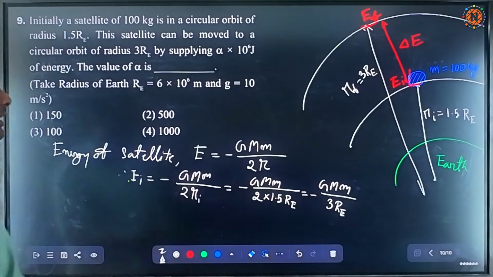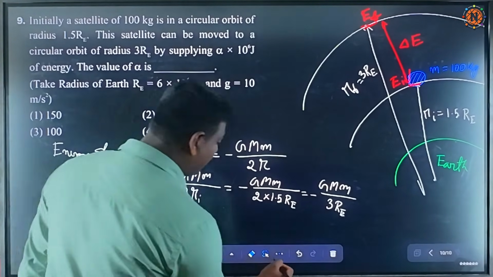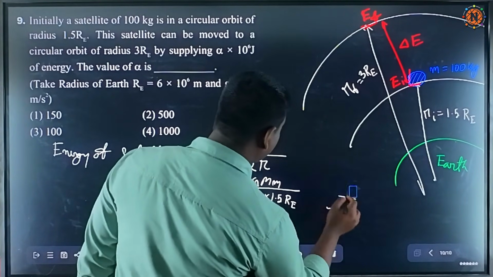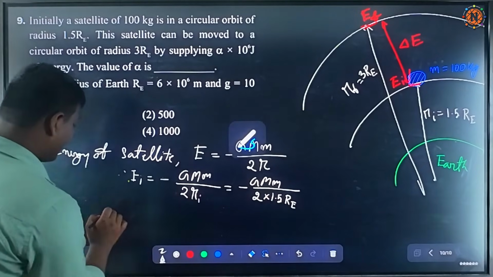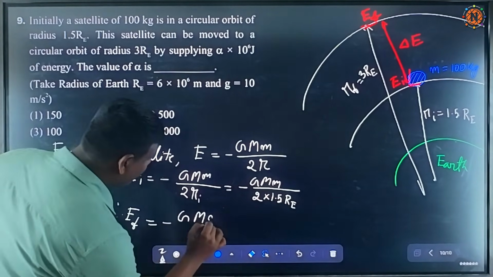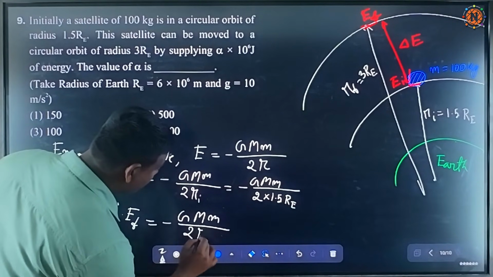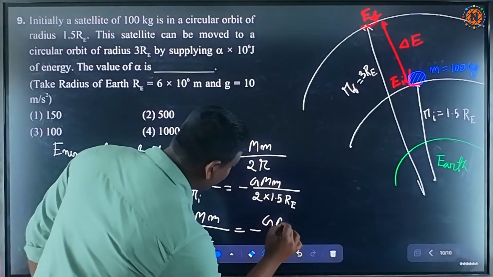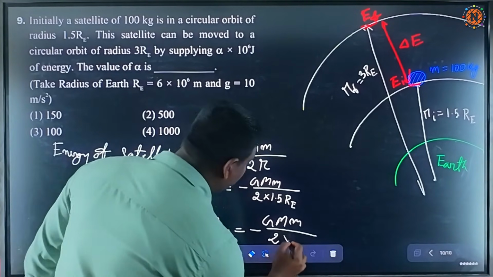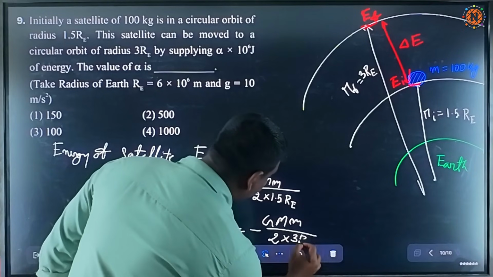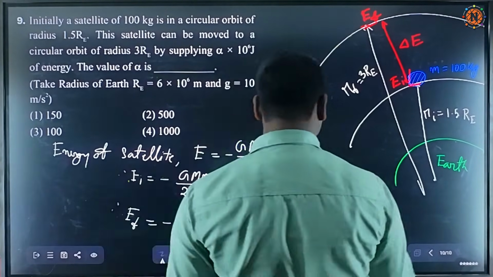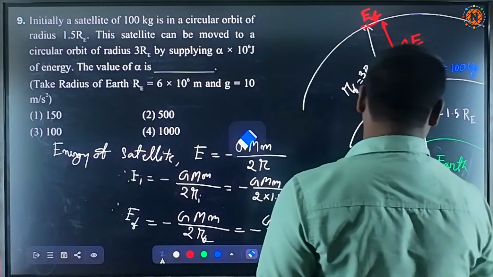Yes, okay. I will let it be. We will solve at last. Okay. Next, therefore, final energy E final equal to minus GMm divided by 2r final. That will be minus GMm divided by 2, what is the r final? R final is 3 Re. Okay. So we need to give the change in energy between these two orbits. Yes. So therefore